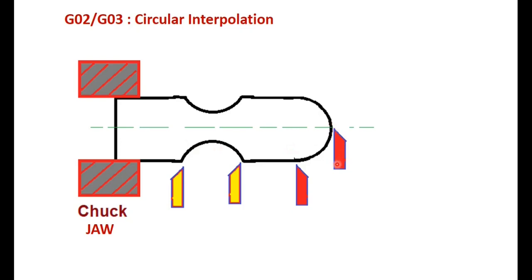Okay, so I'll just explain it one more time. Initially we have a straight block like this. What I do is bring the tool here and start moving along this curve, so that I can give this complete profile on the workpiece. Similarly, I want a profile like this on the complete workpiece, so I have to come here and start moving along the depth along this curve, so that I get this profile on the circular workpiece. So this is nothing but either G02 or G03, circular interpolation.